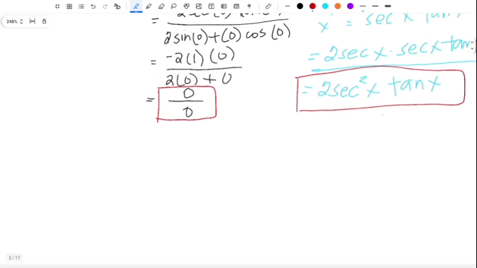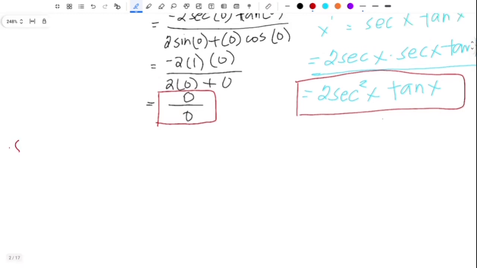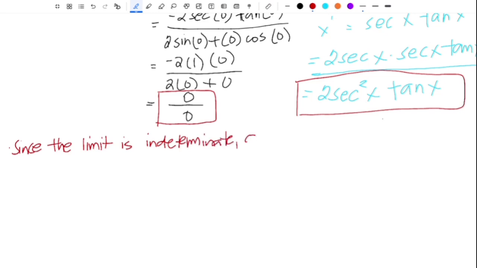Let's conclude this here. Since the limit is indeterminate, apply L'Hopital's rule. Again, like what we did earlier, we need to derive again the numerator and the denominator. For our new limit,